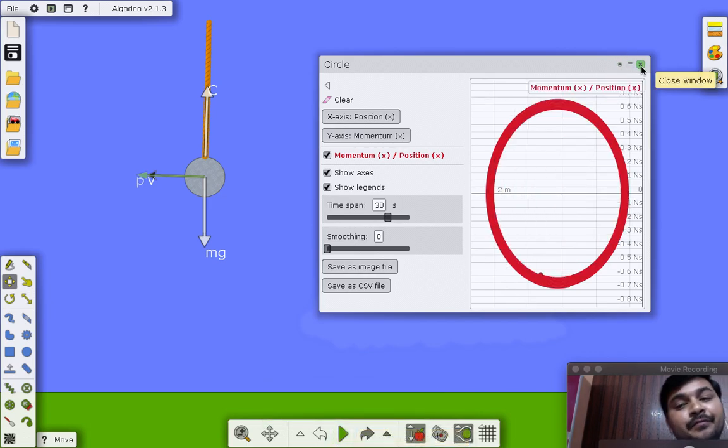And this is a free website, and you can download it and install it on any platform, on Windows and also on Mac OS. But unfortunately there is no app available, either Android or iOS.